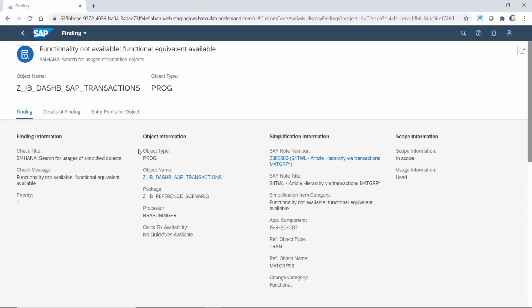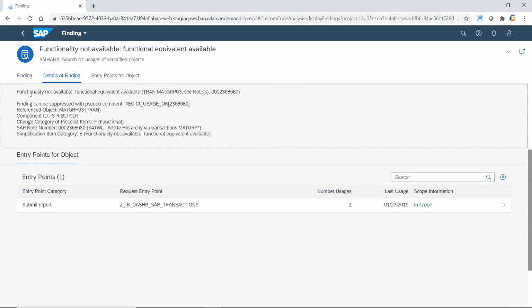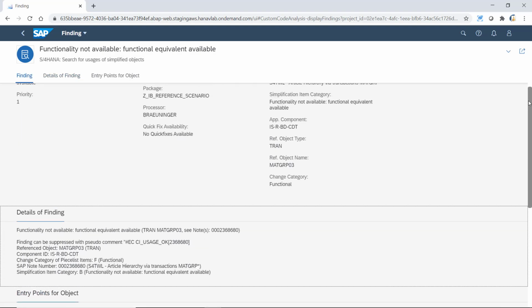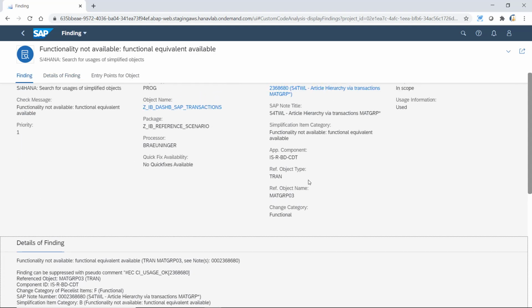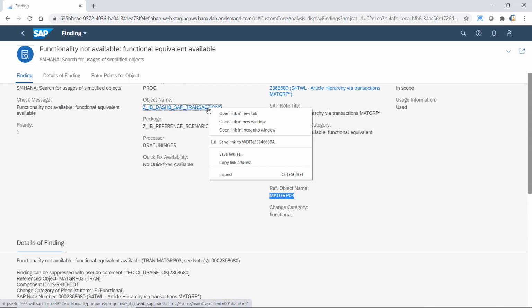And here you see the check title, check message, and in the details of the findings, you see that the problem is that functionality is not available in S/4HANA, but the functional equivalent is available. And we see that these findings relate to the object type transaction, and the referenced object is my GRP 03 transaction call, and I can also display the source code directly in the browser window here